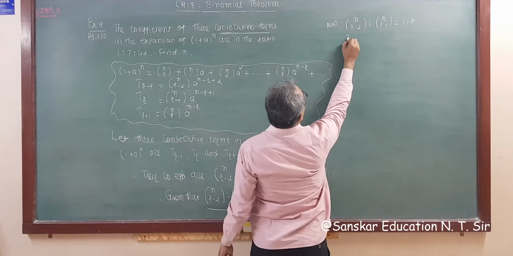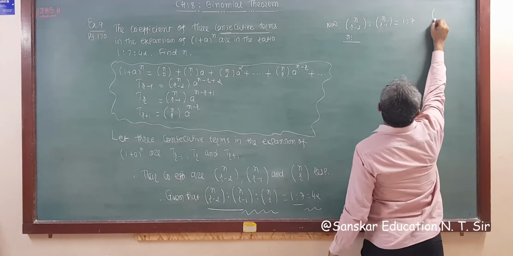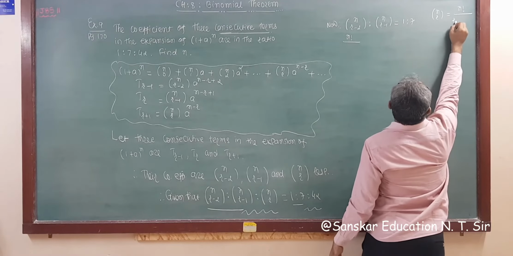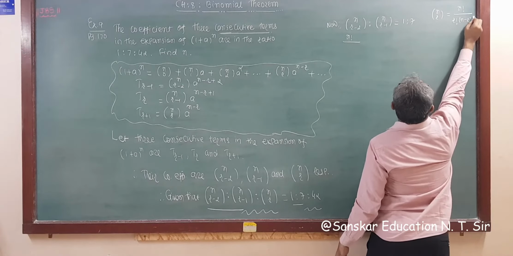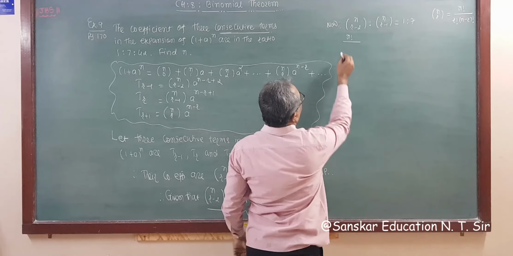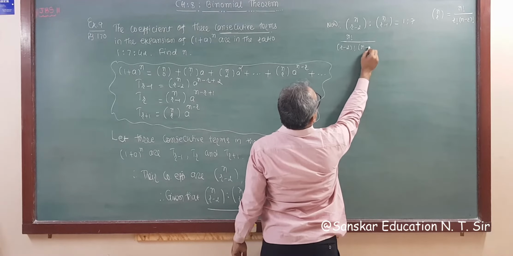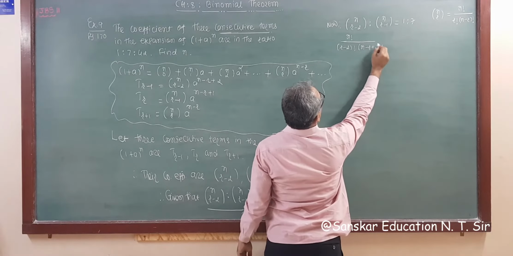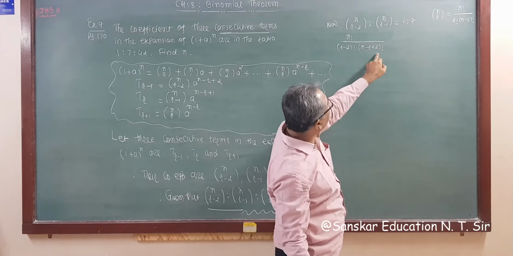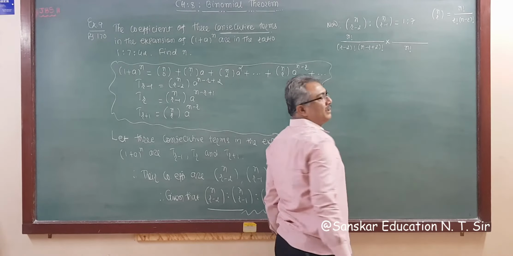So for this I'm applying the formula nCr is equal to n factorial upon r factorial into n minus r factorial. So applying this formula, what we get? n factorial upon (r minus 2) factorial into (n minus r plus 2) factorial, because we have to subtract this. So n minus r, plus becomes minus and minus becomes plus, right? Divide by, that is upon, I am writing here n factorial.